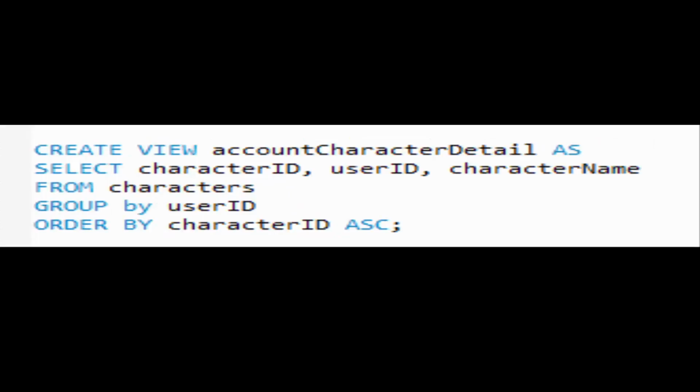And now the next query creates a view named account character detail with the columns character ID, user ID, and character name from the table characters. It is then grouped by the user ID and sorted in ascending order by the character ID,